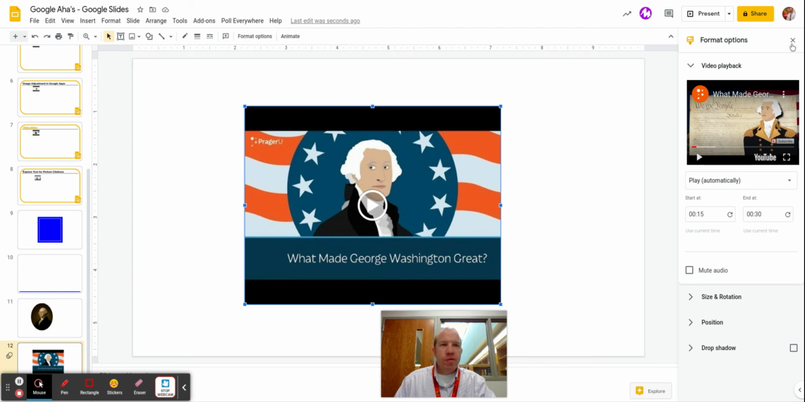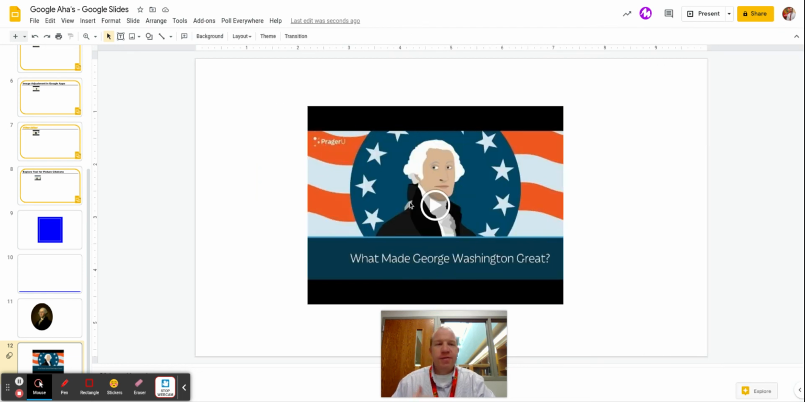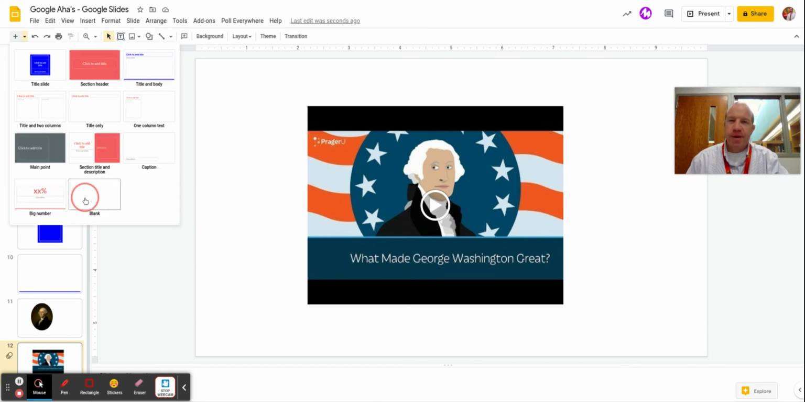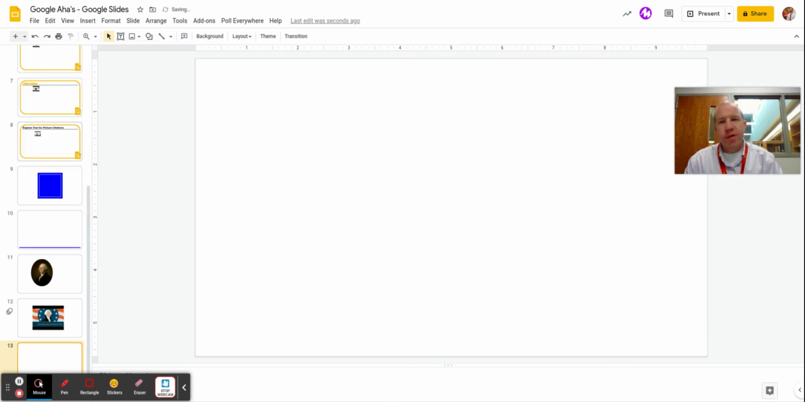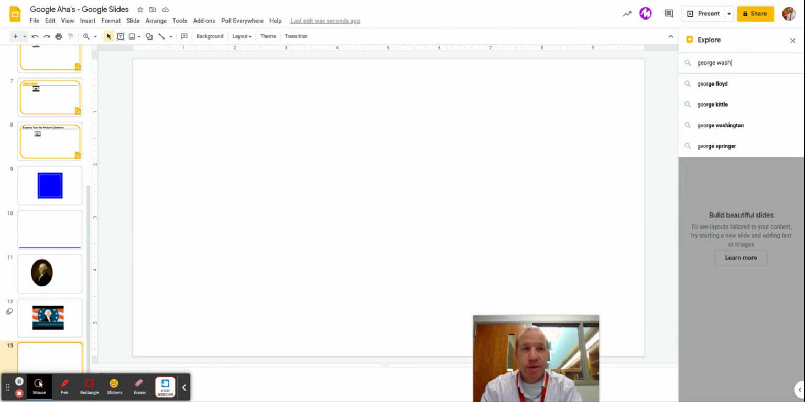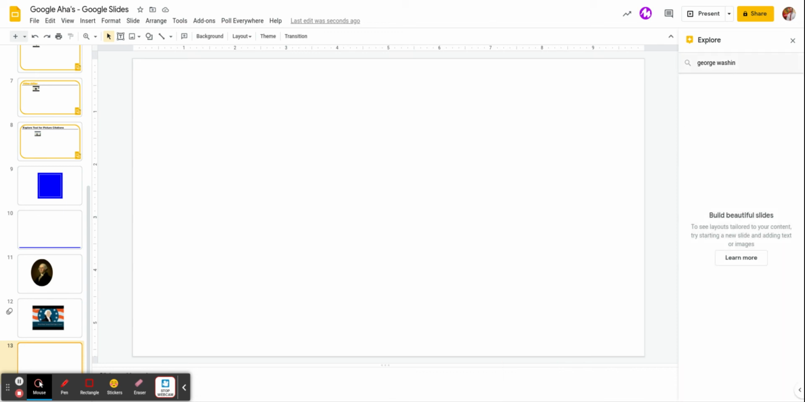So the final thing to discover today is the Explore tool. There are many, many other ahas within Google Slides, but all we have time for today is that Explore tool. So the very last thing is this little diamond inside this little speech bubble down here. That's the Explore tool. Makes my language arts heart very happy, because if I insert a picture of George Washington,